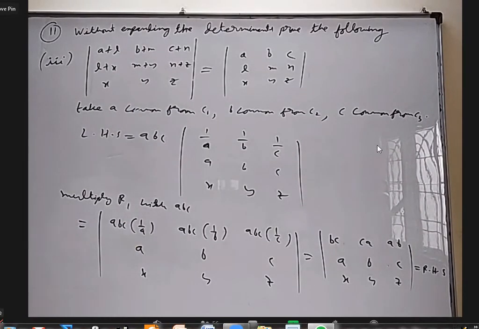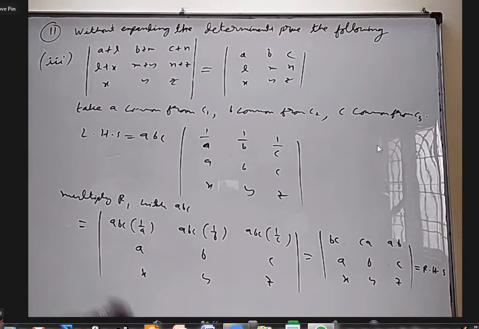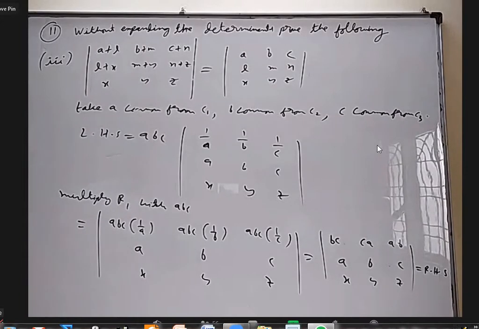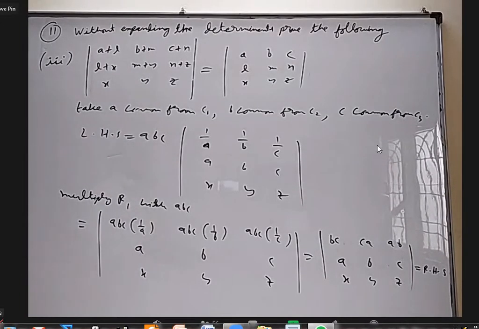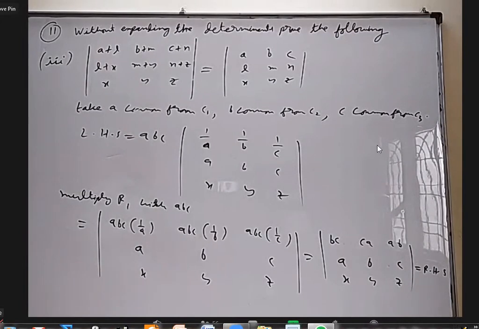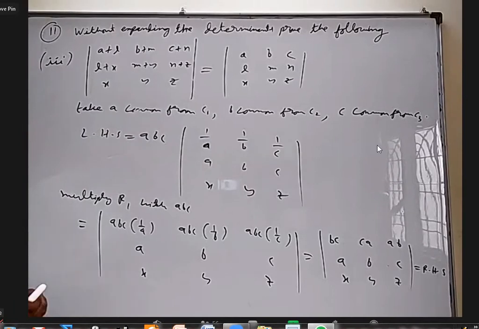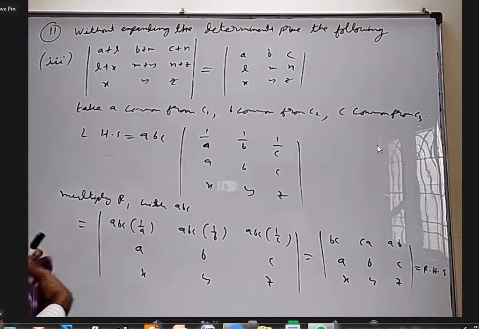Sir, can we split them? Yeah, you can split also, that's good. One of them may become 0. Sir, can we write R2 equals R2 minus R3 and R1 equals R1 minus R2? Yes, you can do it in 2 steps. First, from the second row, remove the third row. In the next step, from the first row, remove the fresh second row. You will get it. It will come just neatly.